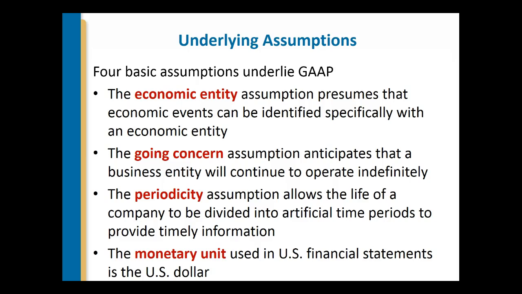Another key aspect of this assumption is the distinction between the economic activity of owners and those of the company. For example, the economic activities of a sole proprietorship like Uncle Jim's restaurant should be separated from the activities of its owner, Uncle Jim. Uncle Jim's personal residence is not an asset of the business.